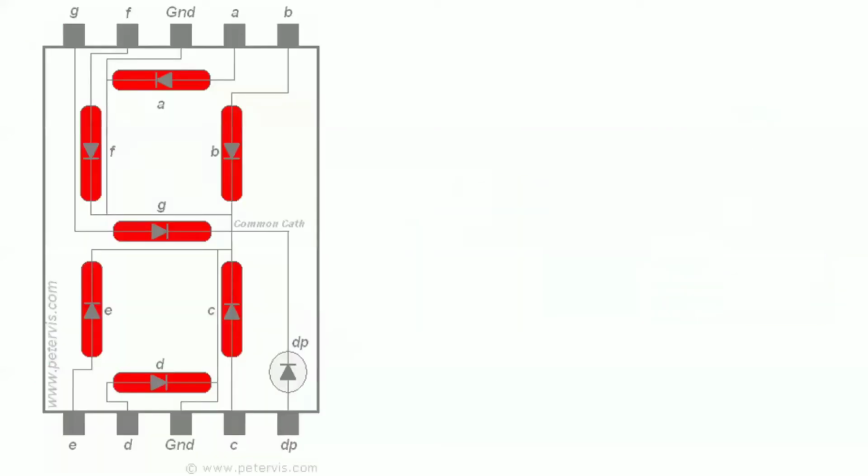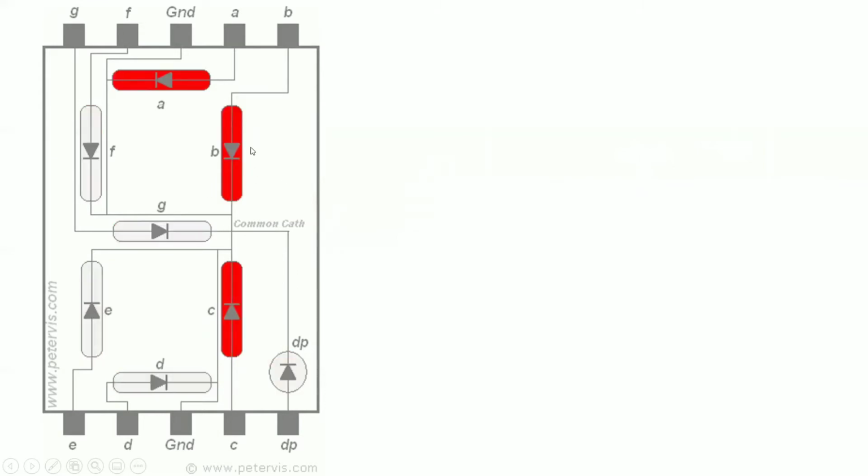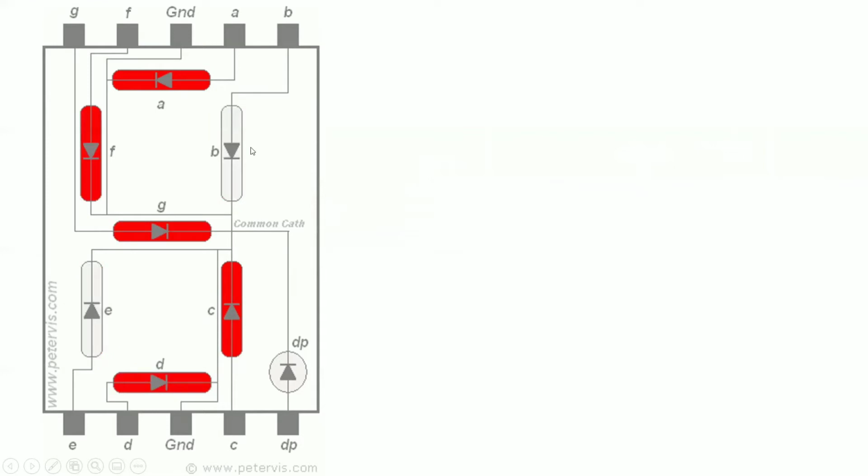Now see how the 7-segment display actually functions. You can see there are 7 LEDs, which are nothing but your diodes. Whenever you give 1 to a particular diode, it gets turned on. Whenever I give 0 to that LED or diode, it gets turned off, right? Now I want to display 0. I want to see 0 on the 7-segment display.